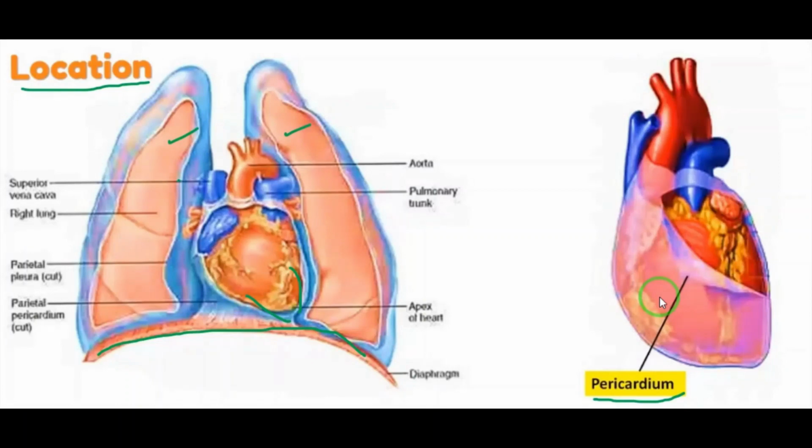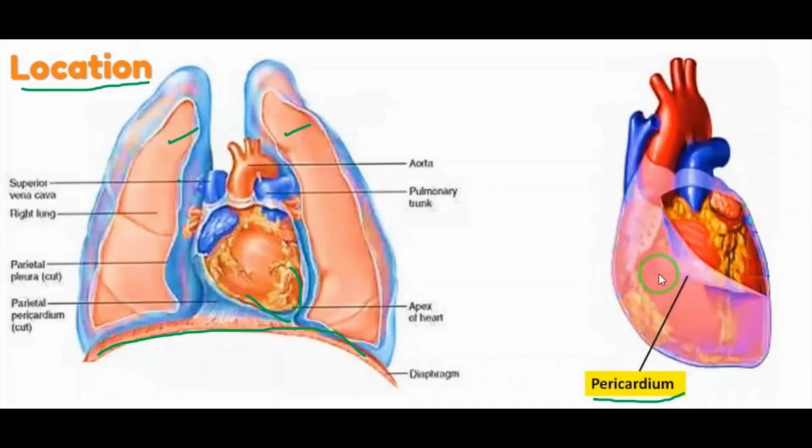Just imagine a door. We all have doors in our home. Sometimes when we open or close, it produces sound. So at that time, what we used to do? We used to apply oil in the hinges. So here that oil is a lubricating fluid and it reduces the friction. Because of that, afterwards we won't hear any sound. Like that, this pericardial fluid also reduces friction during heartbeat.